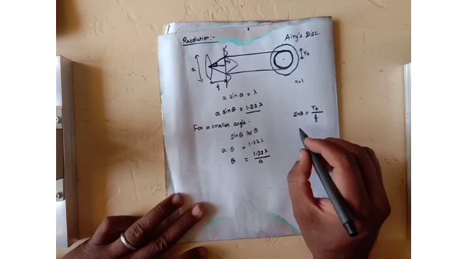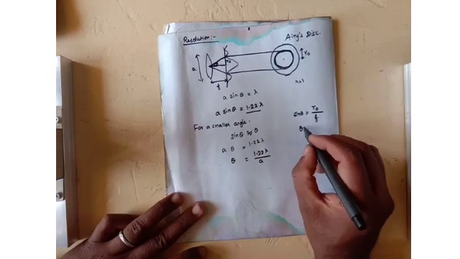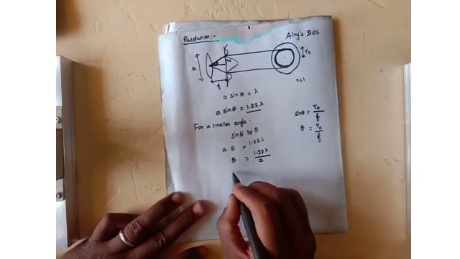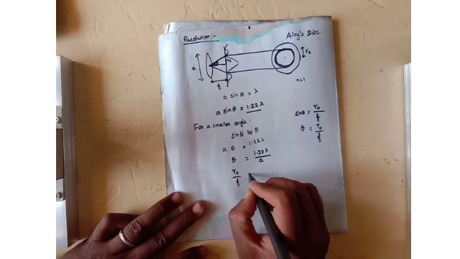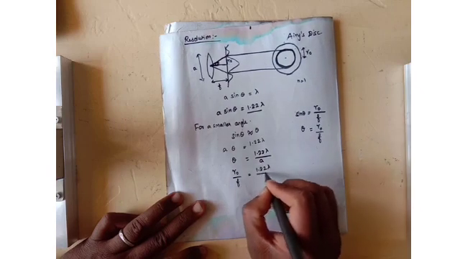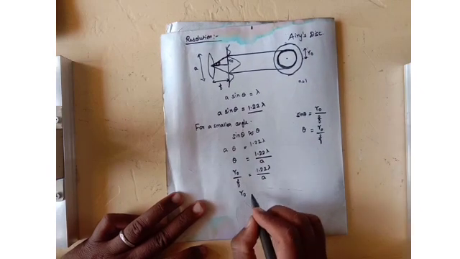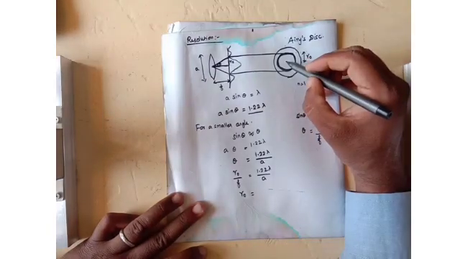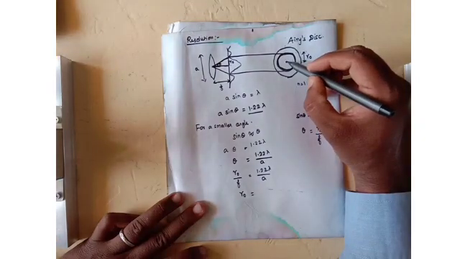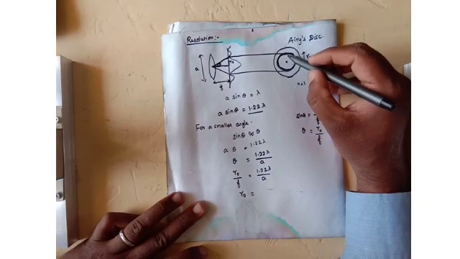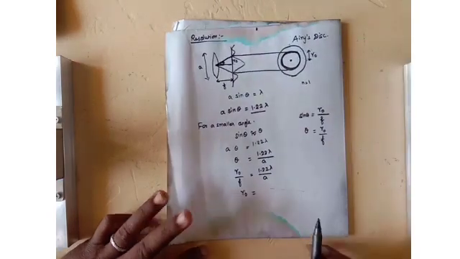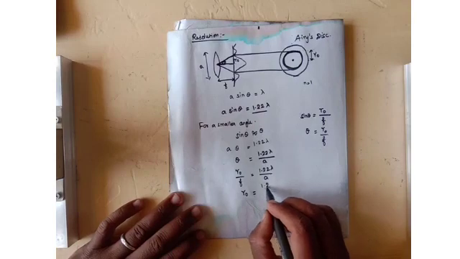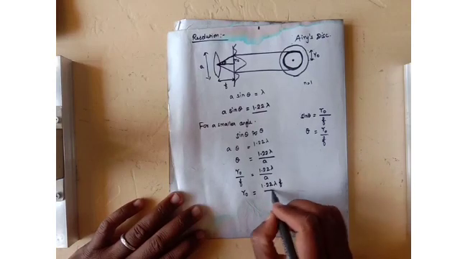For small angles, sin theta is approximately equal to theta. So theta is equal to r0 divided by f. Substituting this into the equation, r0 divided by f is equal to 1.22 lambda divided by a. From this we can calculate the value of r0, which is the distance from the center of the central maxima to the first order. So r0 is equal to 1.22 lambda f divided by a.